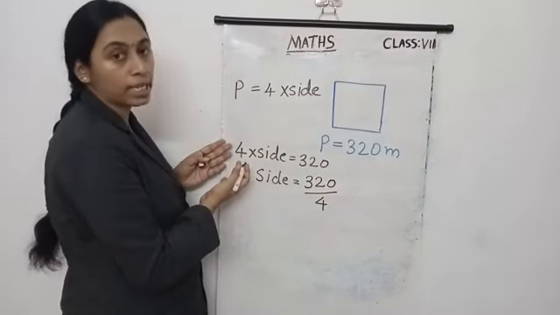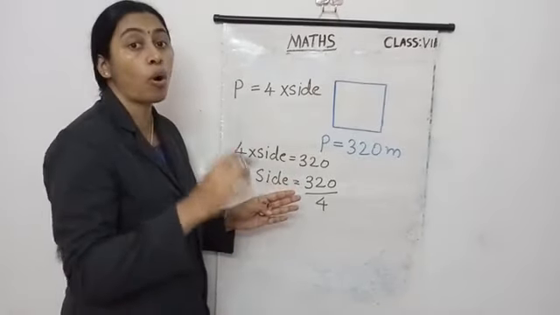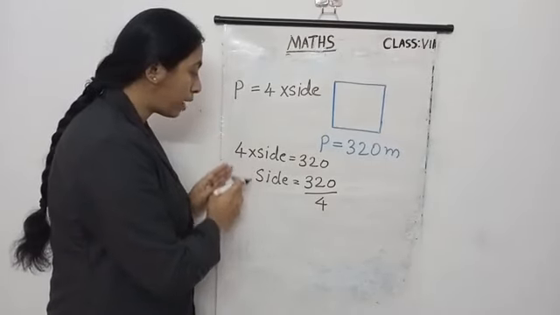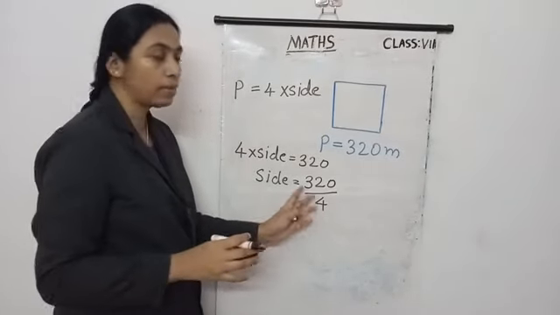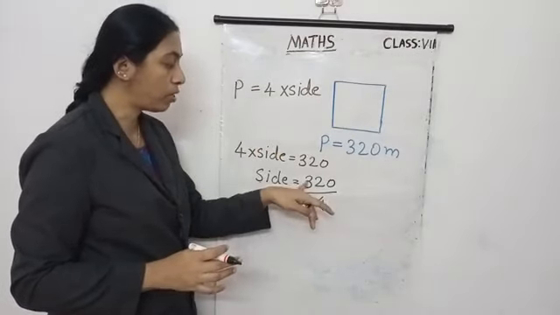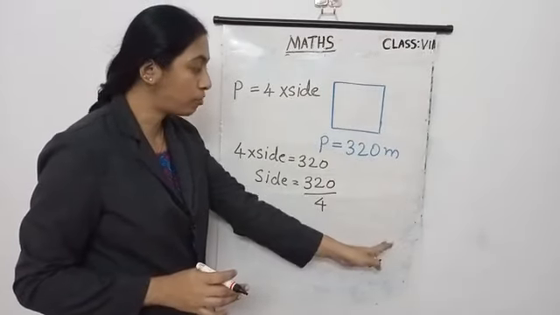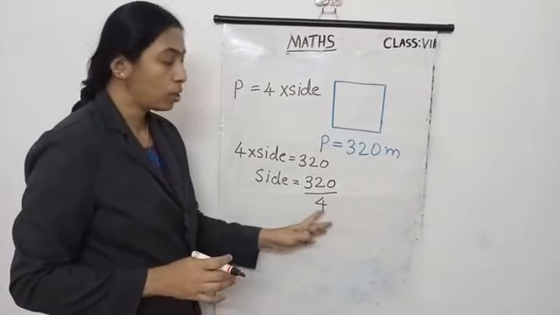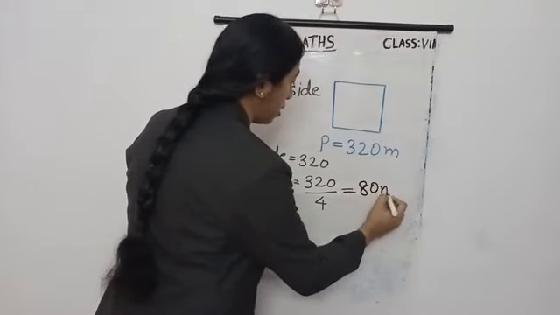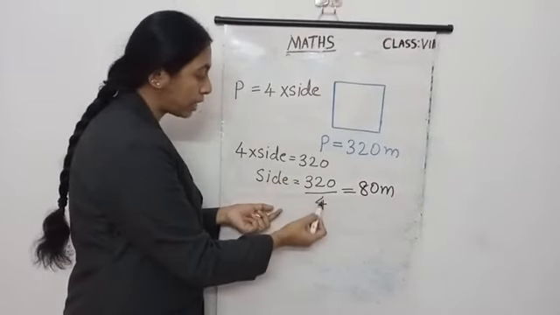In this side it is multiplication. We transpose this, then its sign or operation also changes. So here multiplication, this multiplication will change when it goes to right hand side. So it is division. Now divide 320 by 4. So divide in rough space or workspace, you get 80 meter. Or 8 fours are 32.